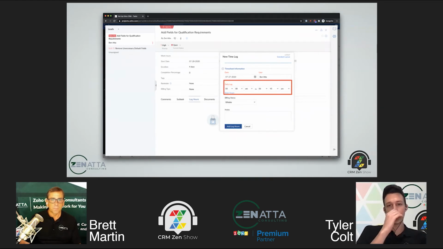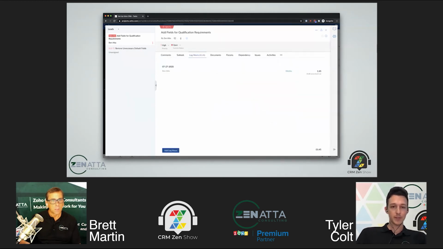We're doing a little bit of morning work here, and you're actually able to set up a clock in and clock out functionality here to track time, and it's going to add it up for you the same way and give you the same roll up reporting. But you just have those two different ways to enter the time values when you're logging time here. So once you do that and you go ahead and add the time log,